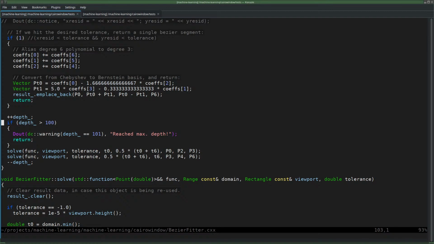Why would I go to 2 to the power 100 different Bezier curves? So that's nonsense. And then what happens is that if you don't reach the tolerance within a reasonable amount of time, let's say depth of 10, something like that,